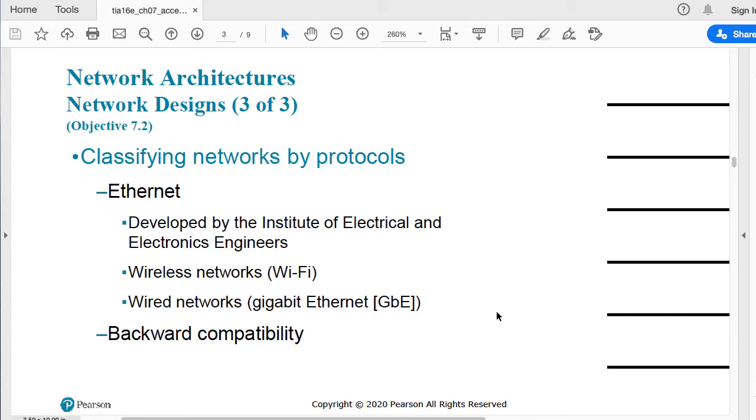You can also classify networks according to the data link protocol. And here we get to the protocols themselves. So first of all, we're not going to discuss the TCP/IP stack or the OSI stack of protocols model, but you have to understand that in a communication, it's not just one protocol.